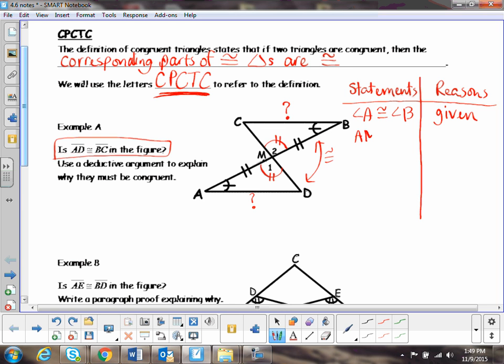So let's put that AM is congruent to EM or MB. It doesn't matter which, you can flip those, right? Okay, and then that one is also given because it was marked for us. So you just write given for that one, given for that one. And then what's the one that you said was congruent? 1 and 2. So put angle